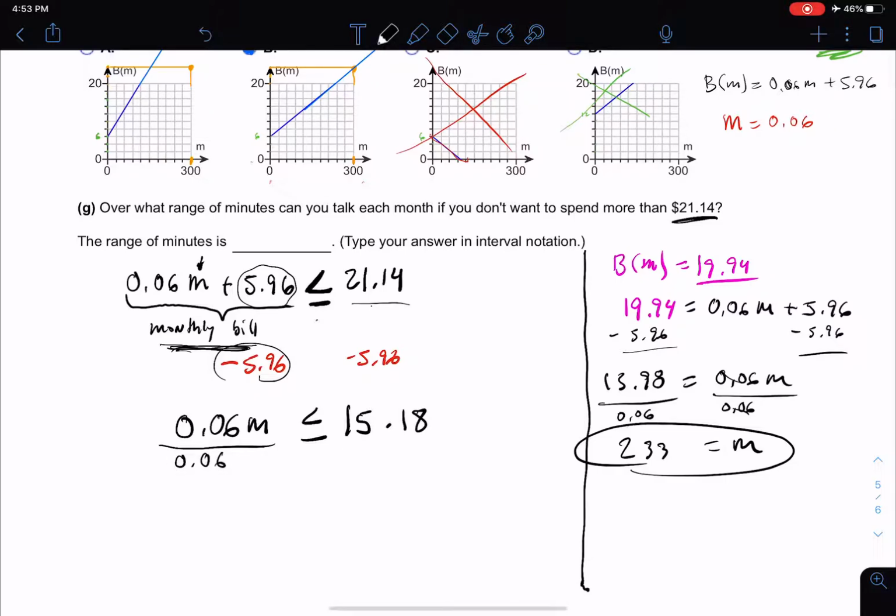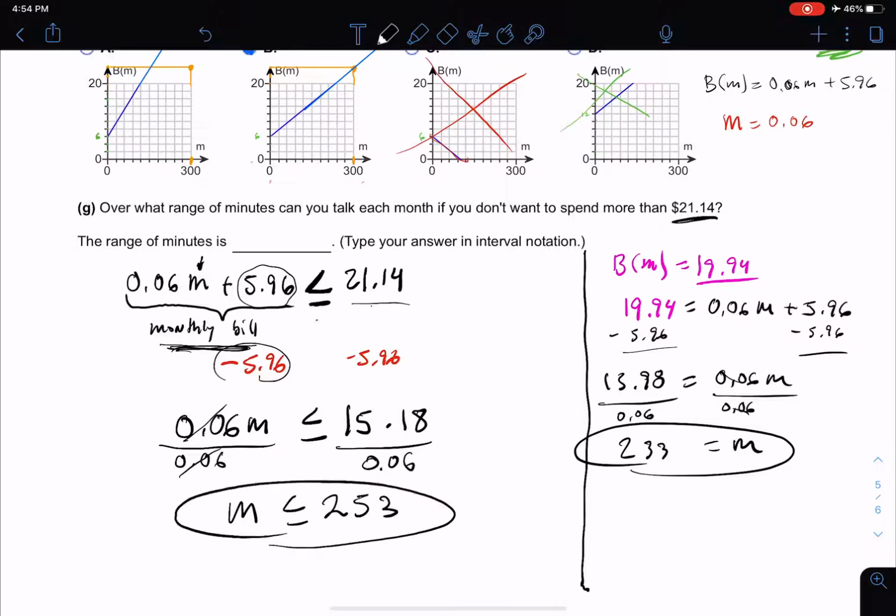Oh, one more step and I'm there. Divide by 0.06 on both sides. Try to clean that up a little bit. Reduce, and I've got m is less than or equal to 253. So they want this in a range. Type your answer in interval notation. So they want to know